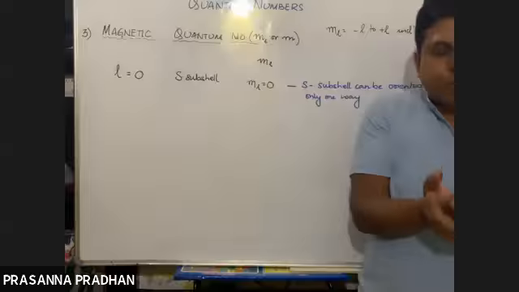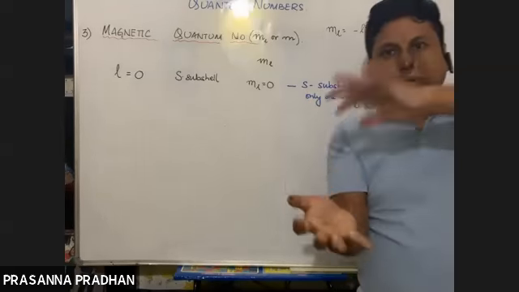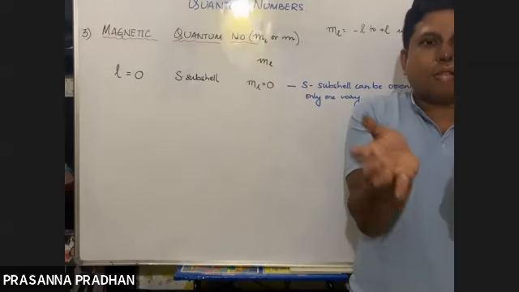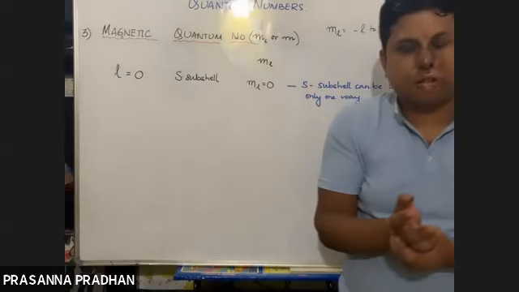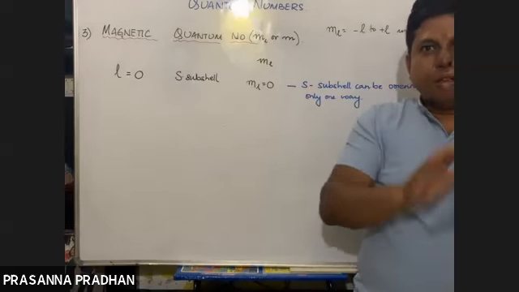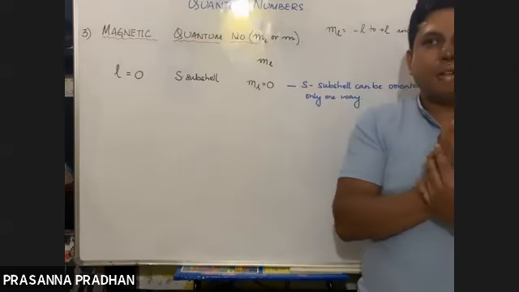Yes, sir. Spherical means ball, football. Sphere means it is a football. So whether you tilt the ball in this way or in this way, whichever way you tilt the ball, does it give rise to the same orientation or a different orientation? Imagine a ball. Each time you turn it around, do you get a different arrangement or the same arrangement?